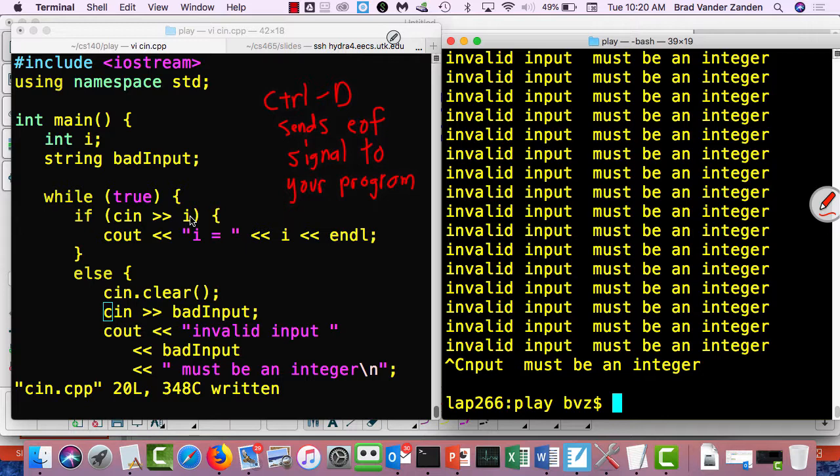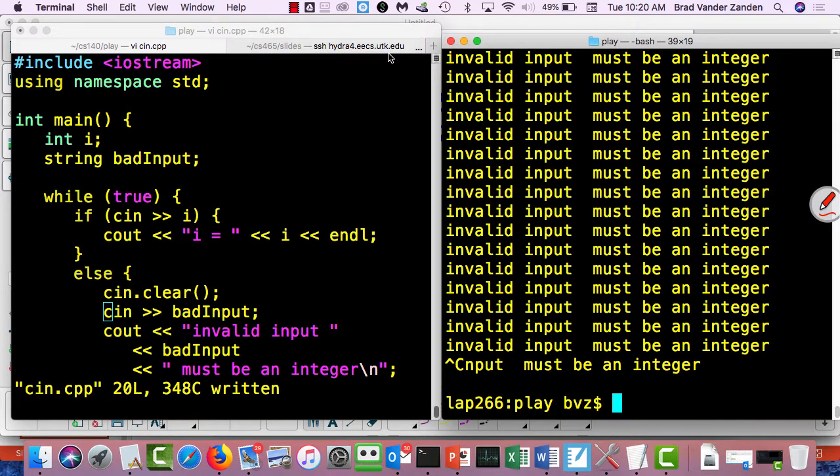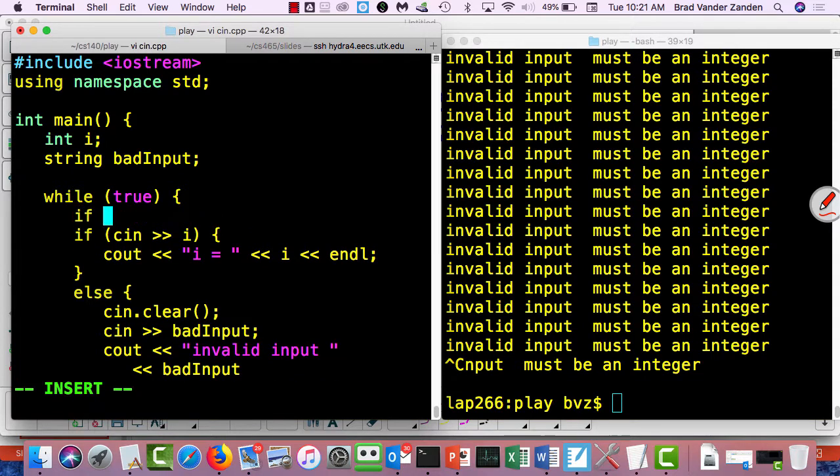Okay, so I want to actually do something else, which is once the loop is done, I want to print the sum. So I really do want to do something after the input is terminated. I just can't terminate the program with Control C. I really want something to happen. Okay, so I added this if